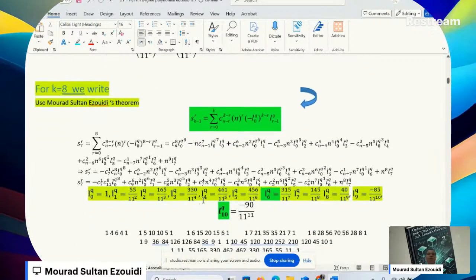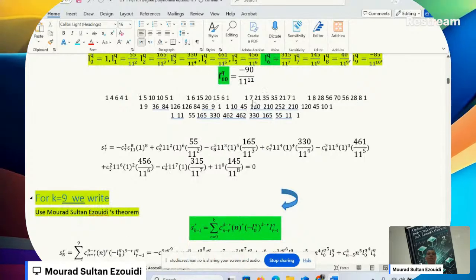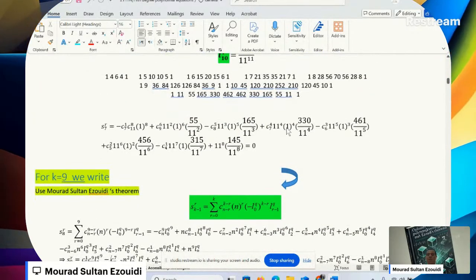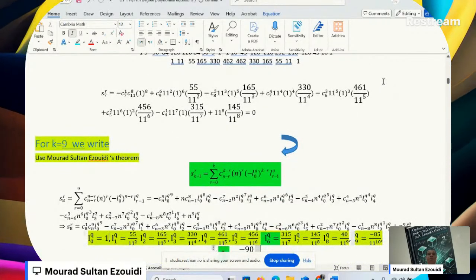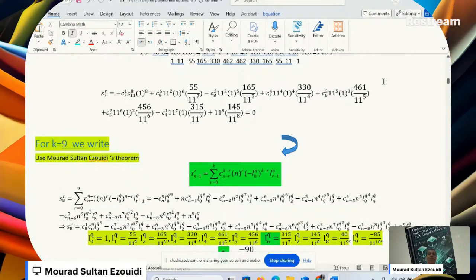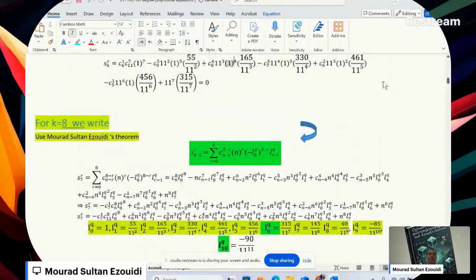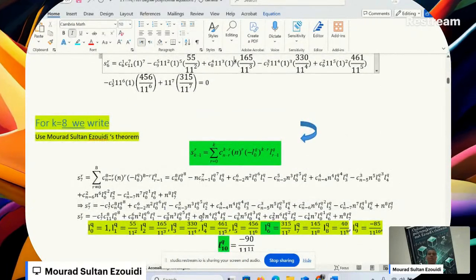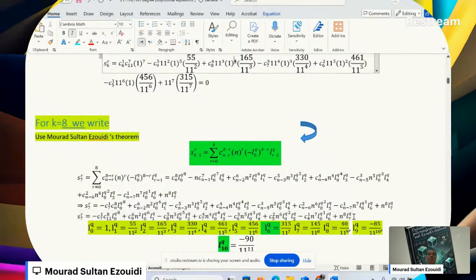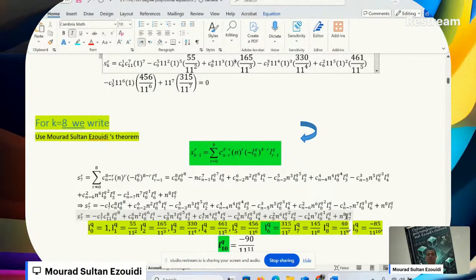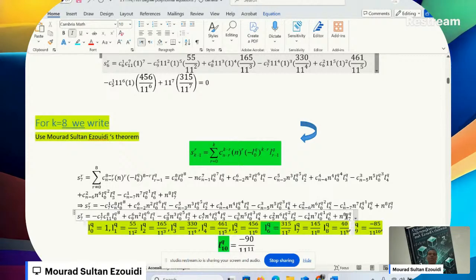So let's dive into the structure and replace k with 8. I will obtain S7. Just make your substitution. Because this is S7, my learners, when k equals 8, when you dive into the structure, you'll find that S7 is equal to that. This is the general formula that will give you exactly the 8th coefficient of the new 11th degree equation. Now we are looking to find it and solve it.